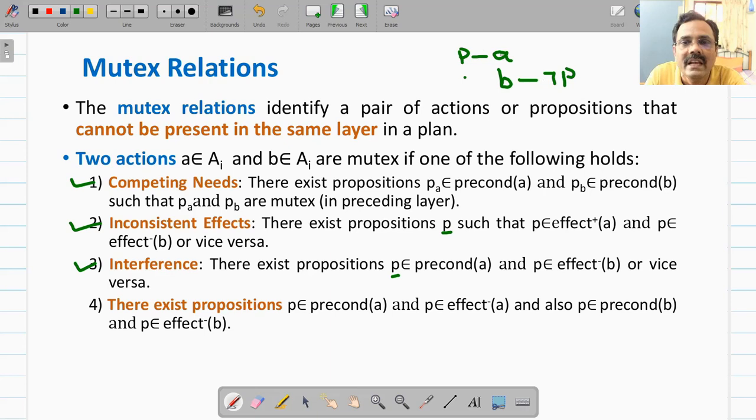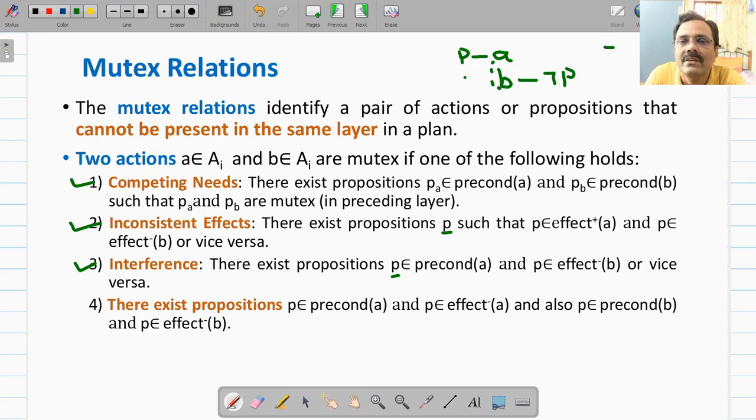That means to execute A you require this P, this is precondition for A, and if you execute B, that is making this P negative. So whatever A needs, B is removing, deleting that. So we say that they are interfering with each other. So therefore we will show that A and B are mutex with each other.